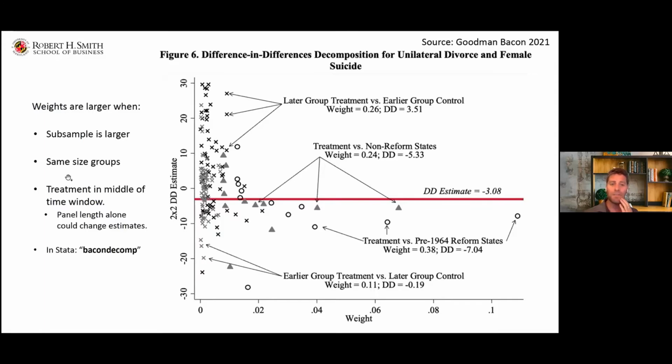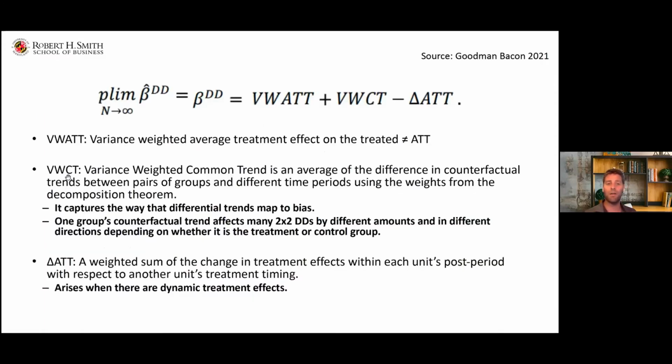And so to understand what's wrong, we need to think about basically when you send n to infinity, where does this point estimate converge to? And so Goodman-Bacon goes further and he shows that this point estimate converges and it has three separate components. The first one is the treatment effect, or actually the variance weighted average treatment effect. That's the first term here, this VWAT. The second one is the most important, okay? And basically this is the two-way fixed effect version of non-parallel trends in the difference in difference